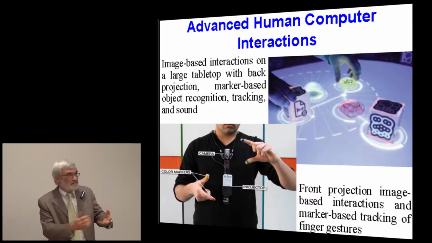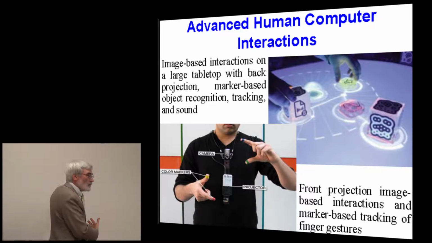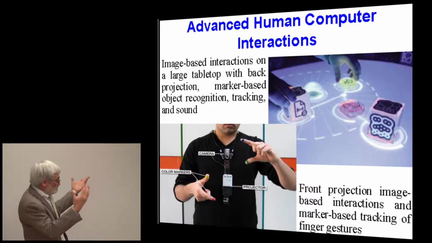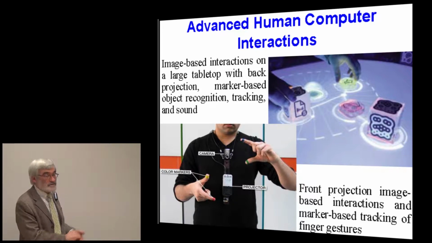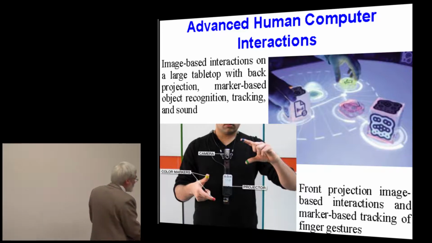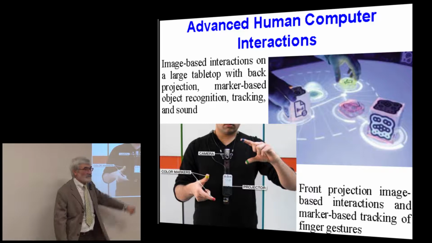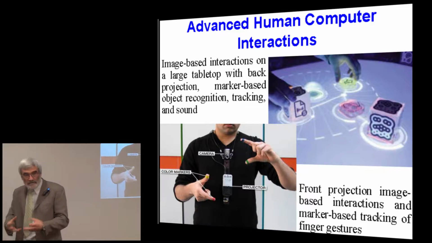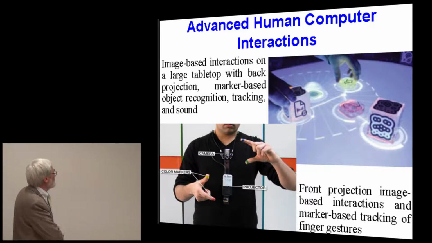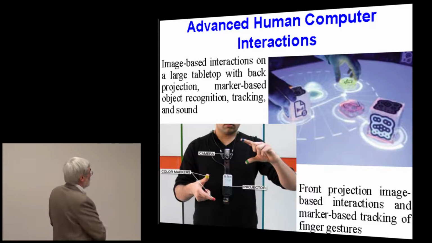Actually, that image can be projected on a wall in front of the person or in the thin air. It's just a matter of what kind of technology I'm going to use, projector. And the camera is actually just tracking the markers here on his fingers. And that's the way to control and interact with the projected image,